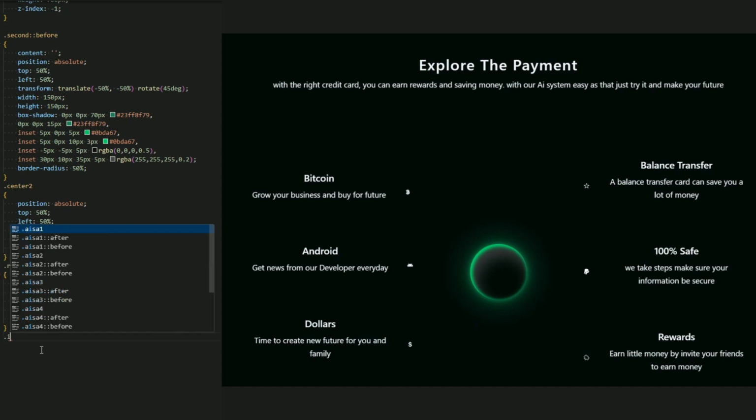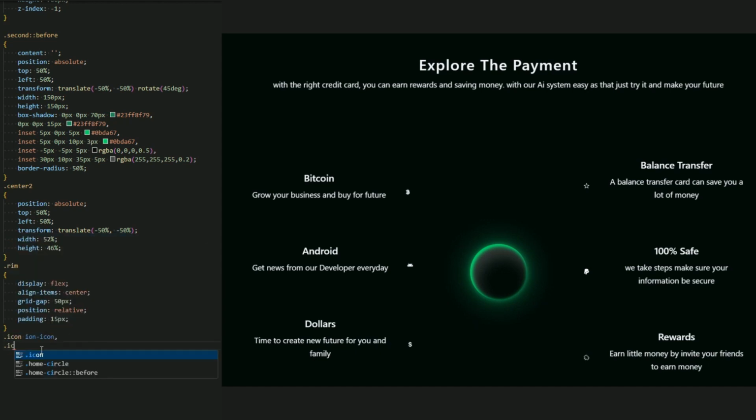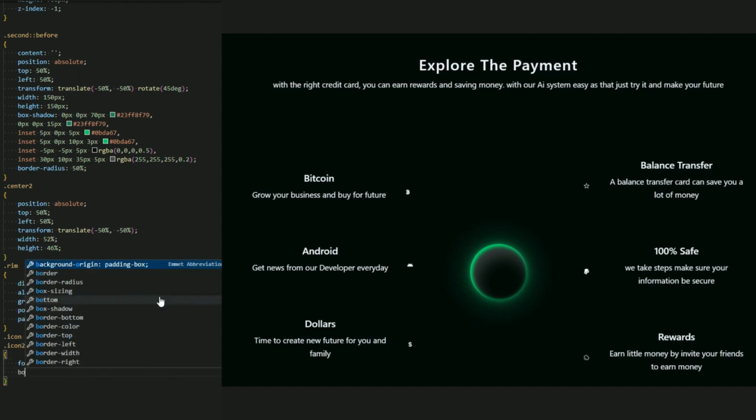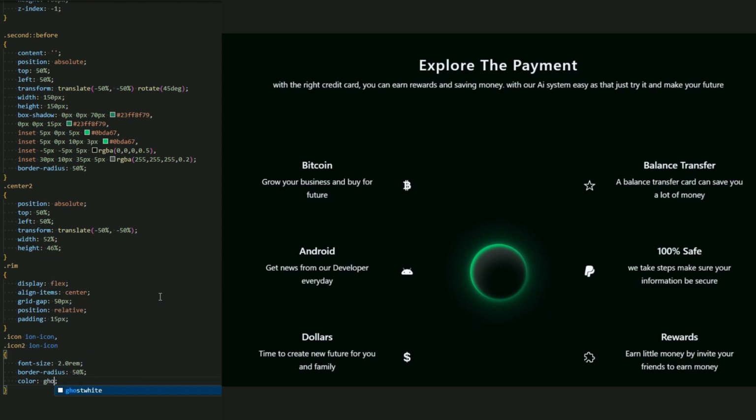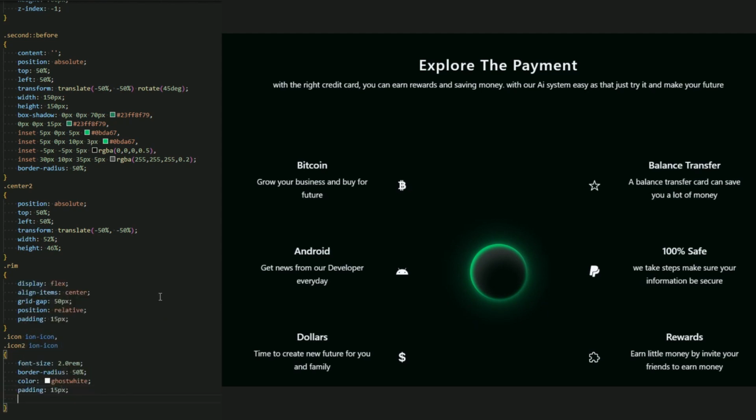Yeah. And now let me add icon and ion icon. And let me add the icon to ion icon. Now let the font size be 2.0 and the border radius 50% to be a circle. Color, let me add this padding, and let me add the 15 pixel again.